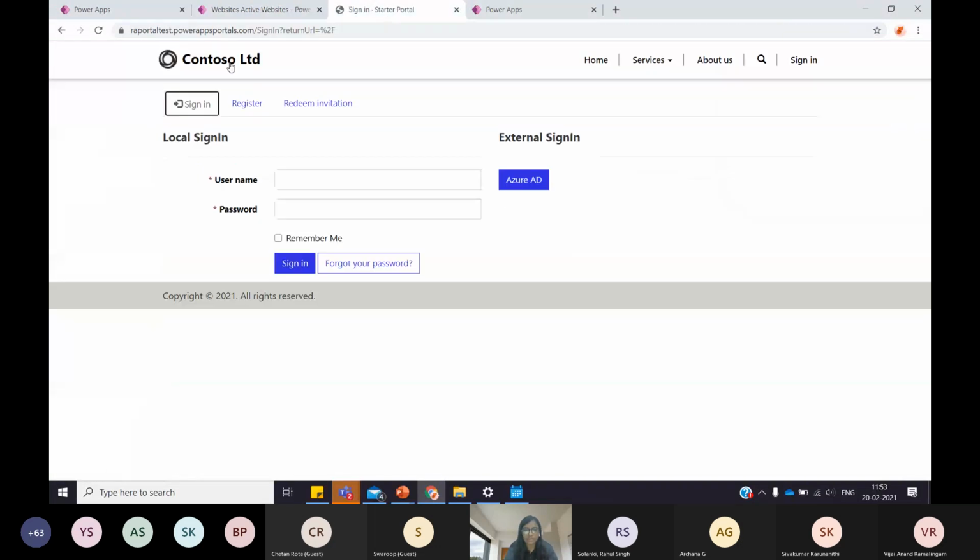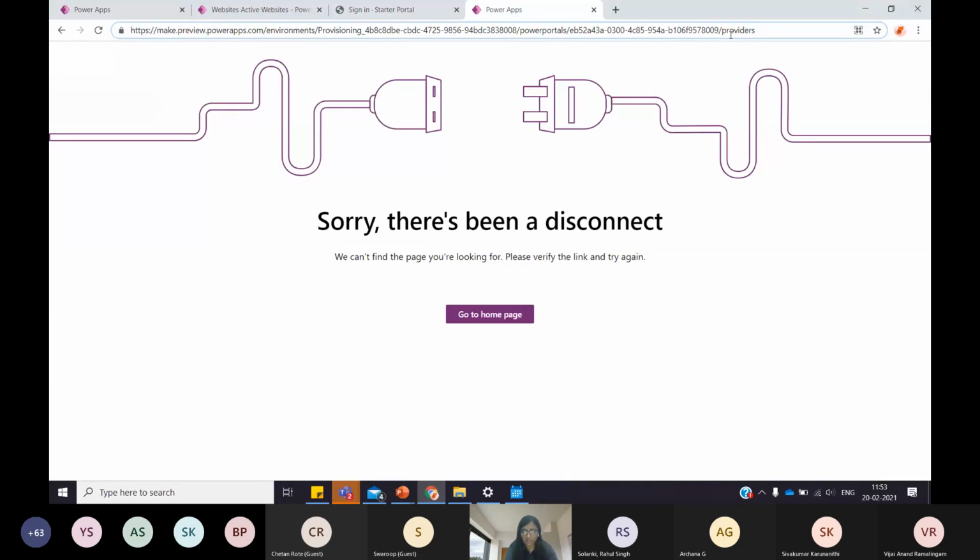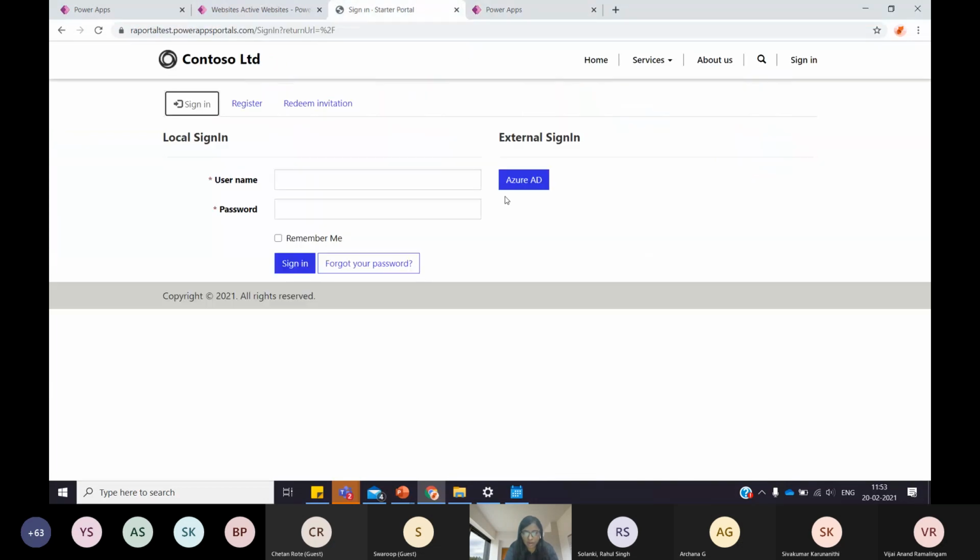But let's say I don't have an account in this tenant. I have an account in another tenant or even a Microsoft account that I want to use. In that case, in the providers list, I can go and select Microsoft. It will ask me to create an application registration in Azure AD. Once I do that, it will create a reference. And along with this Azure AD button, there will be another button for Microsoft. If you click on that, instead of authenticating right away with your logged in account, it will ask you which account you want to proceed with. And once you have selected the specified account, it will log you in.